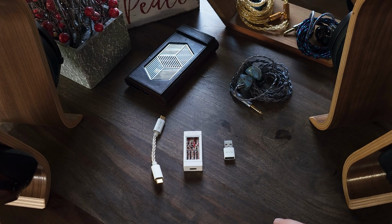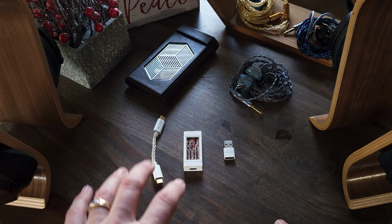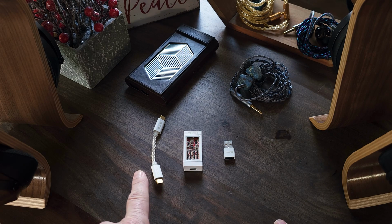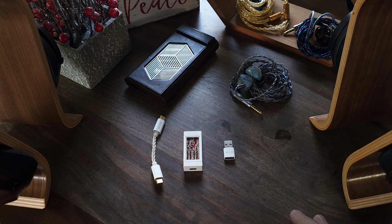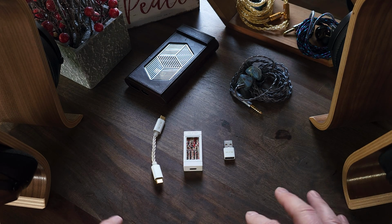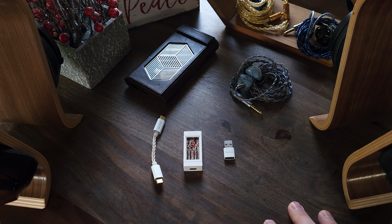As far as what's included in the box, you have the Yuki itself. It also includes a short Type-C to Type-C USB cable and a Type-A to Type-C adapter. As for the price, specifications, and design, the Yuki comes in at $169 and has dual CS43198 DAC chips, which